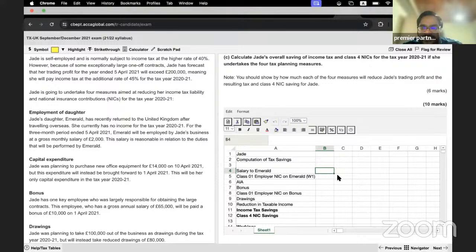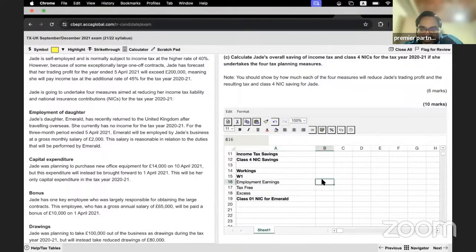So salary paid to Emerald, we discussed that is going to reduce the overall tax adjusted trading profit. So 2000 into 3, 6000. Then Emerald's class 1 employer contribution on behalf of Emerald will create a reduction again. But the calculation will require some numerical work, so I'm giving a working. So move on to the working. Employment earnings, we know